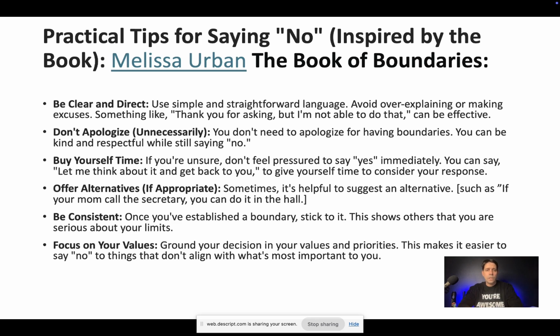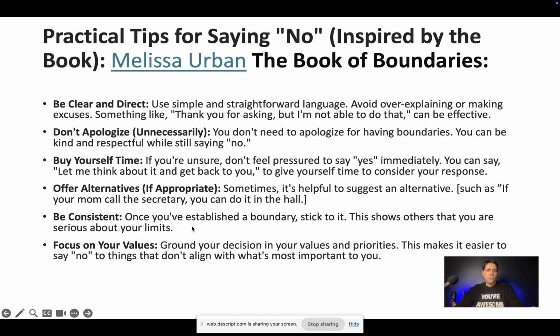For example, if a student comes to class and says, "Can I do homework in class? It's really important today." This would be my alternative. "I'm sorry, we don't do homework in here. But if your mom can call the secretary and excuse it, you can do the homework in the hallway." Right? I'm respecting my boundary. But if it's so important for you that you do this today, if your parent excuses it, you can go in the hallway and do that homework. And I would never allow it again for the same person. Just saying, "Sorry, that's just not acceptable. We're not getting the habit of doing this every day."